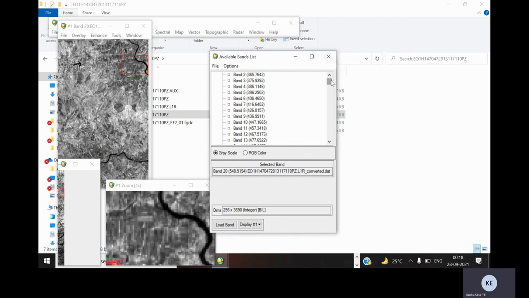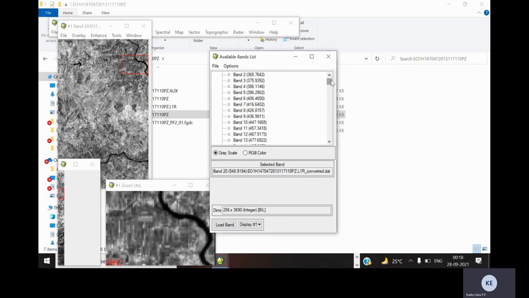So out of these 242 bands, only a few bands will be calibrated due to non-illumination and sensor overlap problems. So we have to remove all the other bands which are not having any pixel information. That is our first step, band removal. For that we have to open and see all the bands, and note whichever bands have no pixel information.